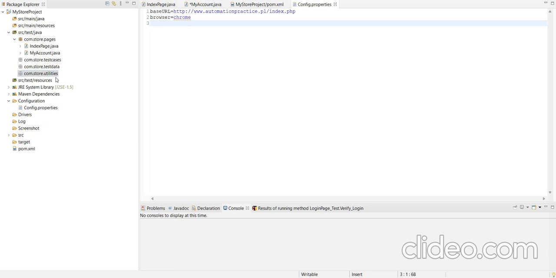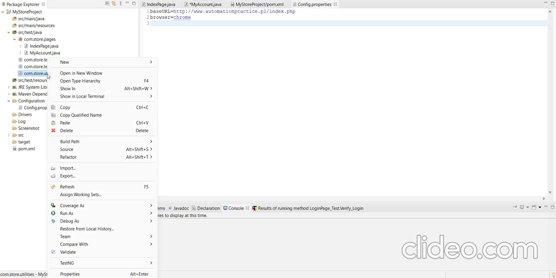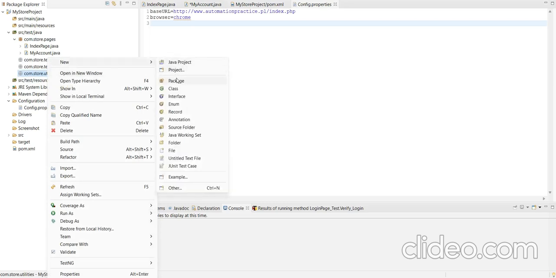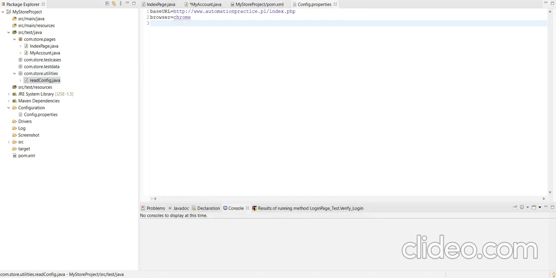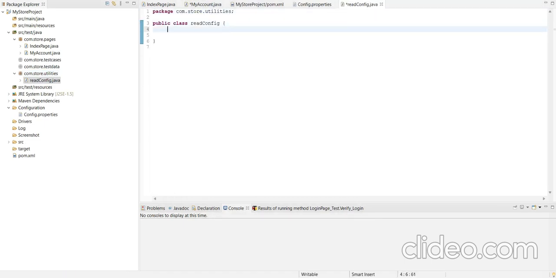Utility means all the common functionality related to the project will be saved in the utility package. So to read the config property, we will create one class in the utilities named ReadConfig. And in the ReadConfig class, we will read the property file.